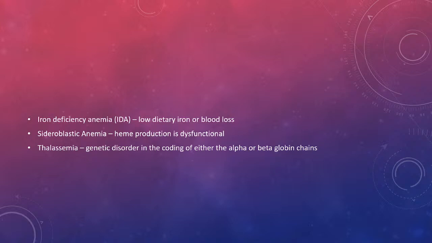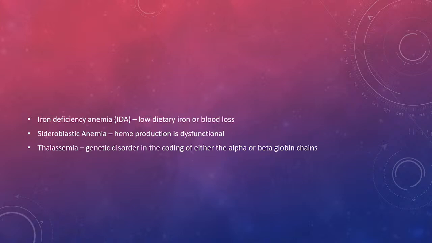So the difference between these three is very important for you to understand, the abnormality with the types of anemia. Okay, so iron deficiency, there's low dietary intake. You're not taking in iron from the diet. Usually you are on a vegan diet. Blood loss is also an important one. So you got shot, or for example, you were involved in an accident, that can cause iron deficiency anemia.